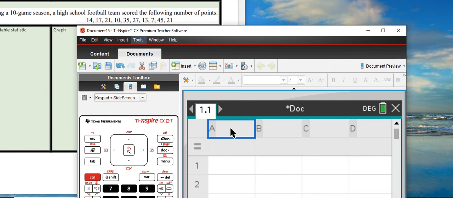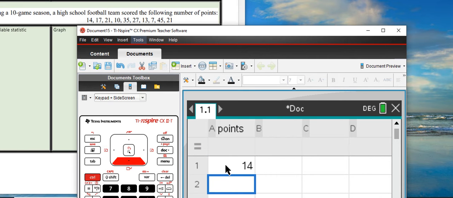So the first thing we always do is name this column. This column needs to have a name because we're going to use that name later. This is about points scored, so I'm just going to name this column points. Now I put in our 10 scores: 14, 17,